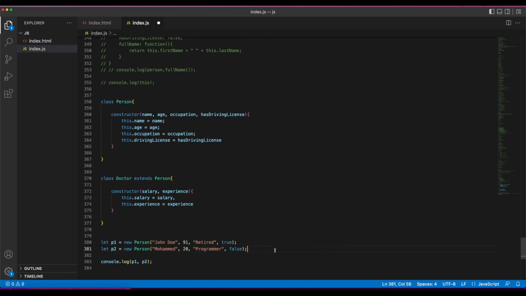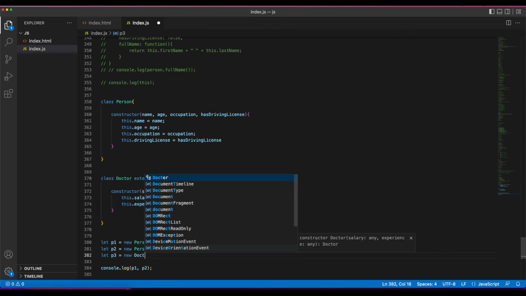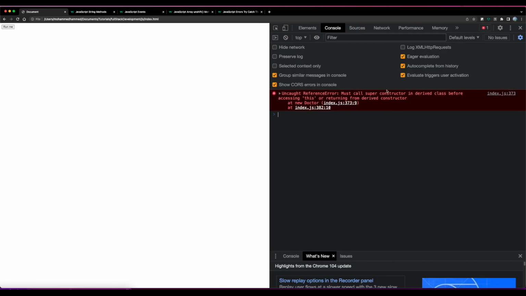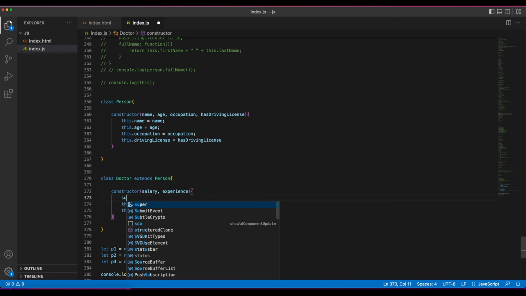Now if we created a third person, and instead of creating a person, we create a doctor this time, and inside of this we give the doctor the salary of say 40,000 and experience of 5 years. Let's see what comes up with this. So we're going to remove P1 and P2 and check P3. Let's have a look. As you can see, must call super constructor in derived class before accessing this or returning from derived constructor. So what you need to do here is basically call super,